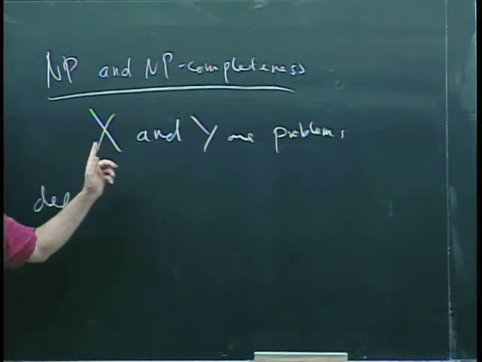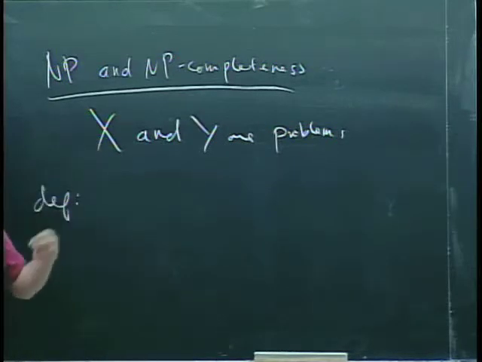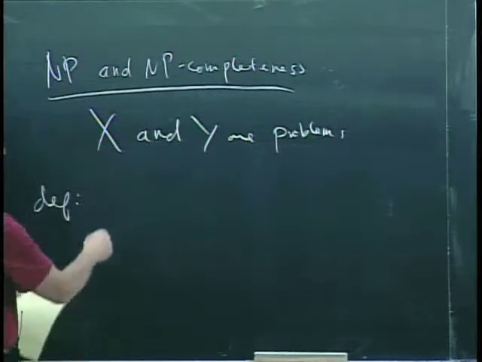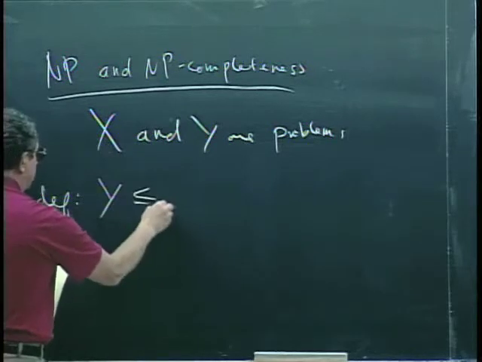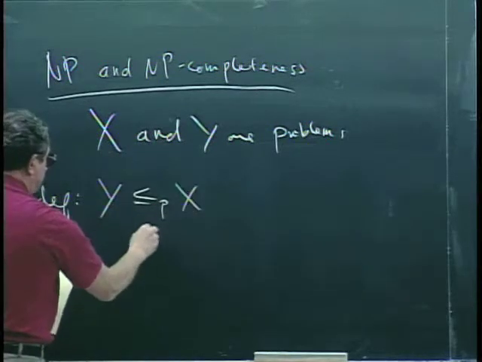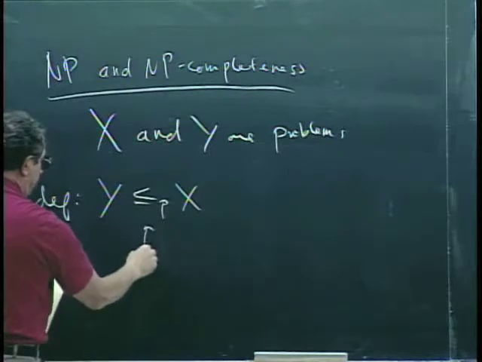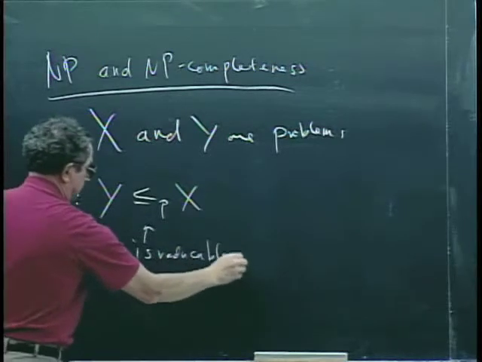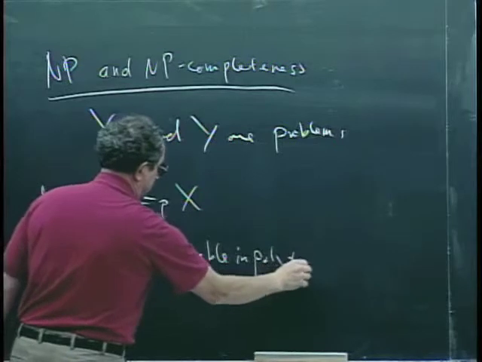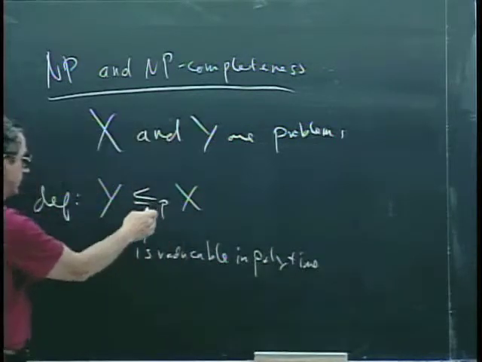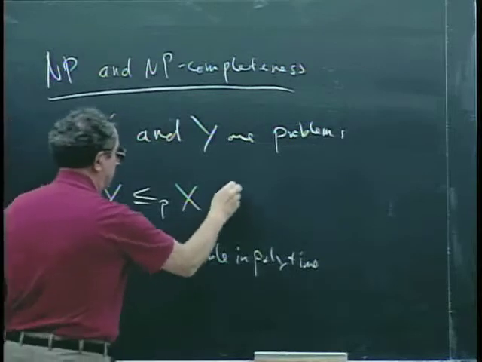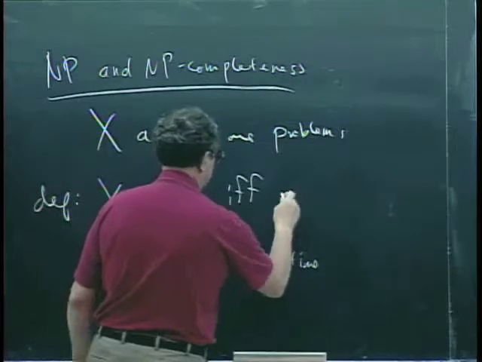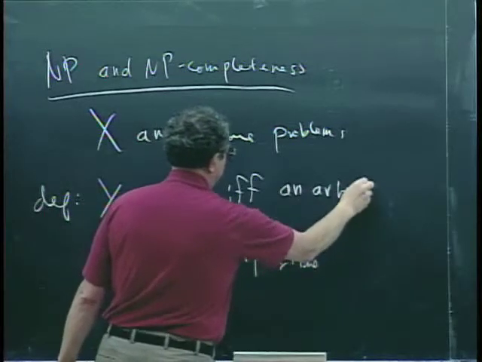This is vertex cover, not just a specific graph where you look at the vertex cover problem, but problem X. We say that Y is reducible to X. This little symbol here expands to is reducible in polynomial time. So Y is reducible to X, and what that means, if and only if,